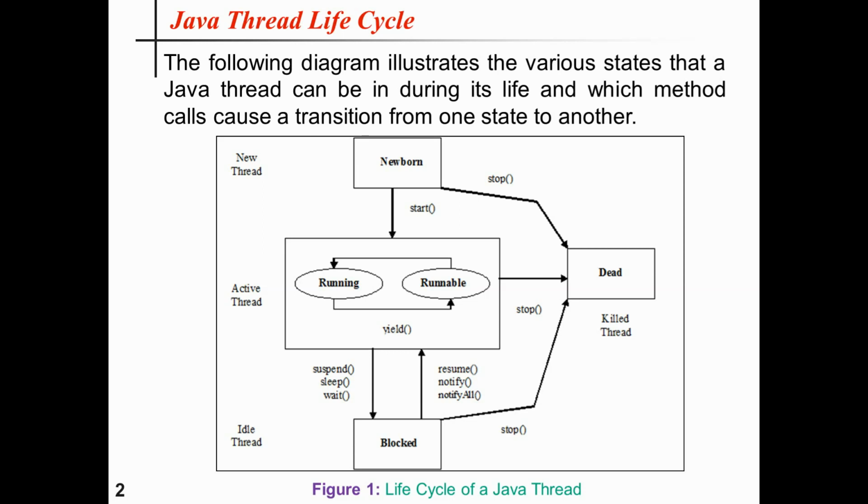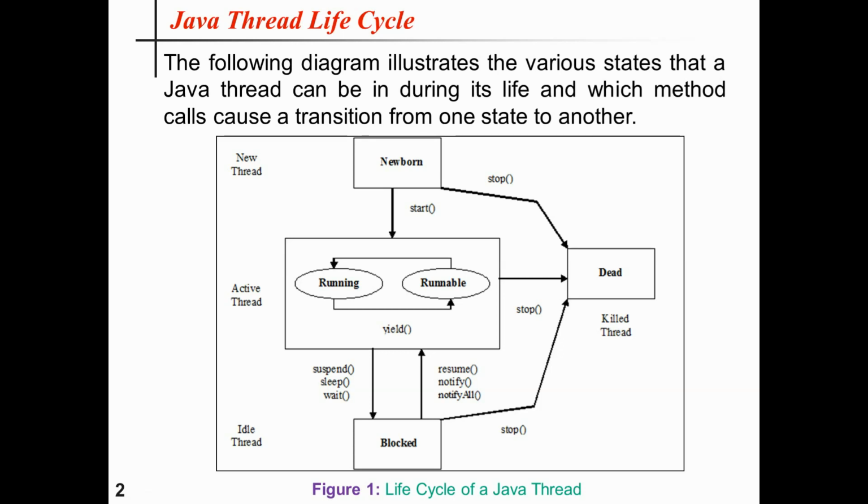The third one is suspended. A running thread can be suspended using the suspend method, and a suspended thread can be revived by using the resume method. Now the fourth is called blocked on IO. A Java thread may enter this state while waiting for data from the IO device. The thread will move to ready to run state after the IO condition changes, such as reading a byte of data. So that is called blocked on IO.